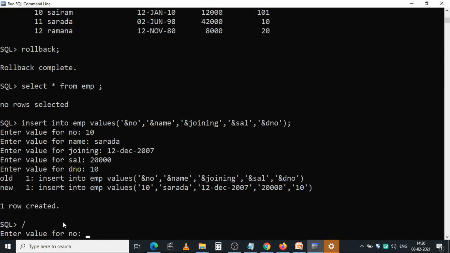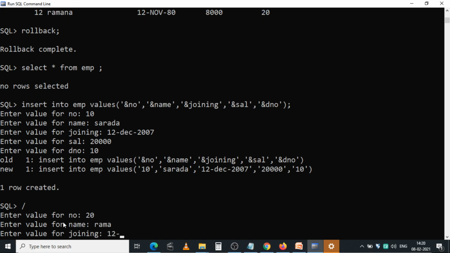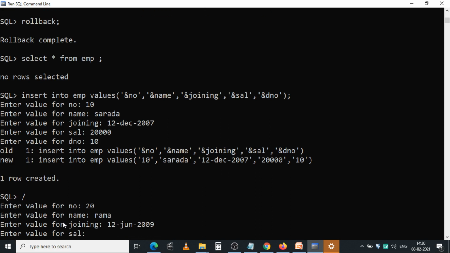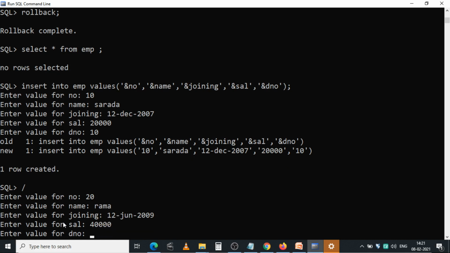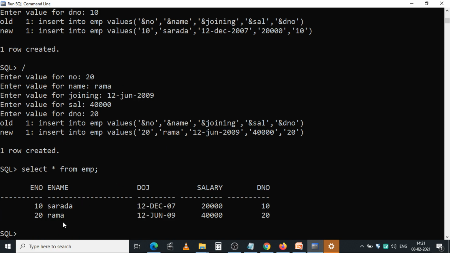Okay, again I have inserted two records in the EMP table.